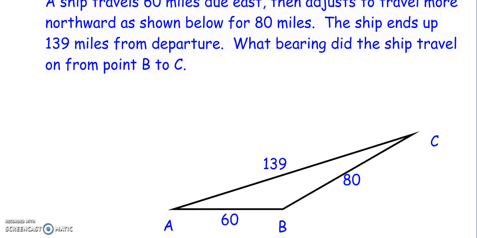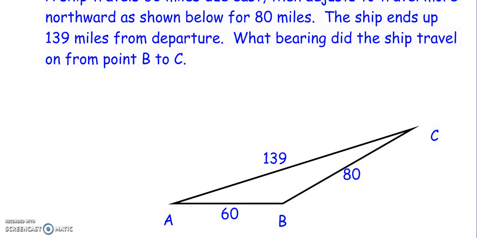They are asking you to try to find the bearing of what the ship traveled in that direction, in this red direction right here. The ship traveled in that direction. What is the bearing they are heading on? To do that, you should be able to use the law of cosines to figure that angle out. Why don't you pause the video, see if you can do that on your own. It's mostly calculator work once you write down the formula, and I'll let you know the answer here. You should be able to come up with, and try it on your own,